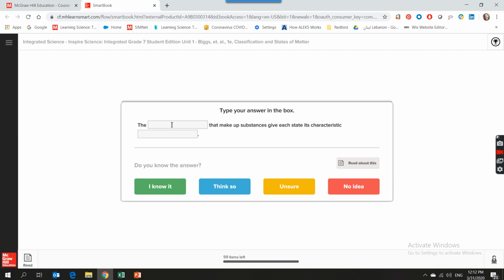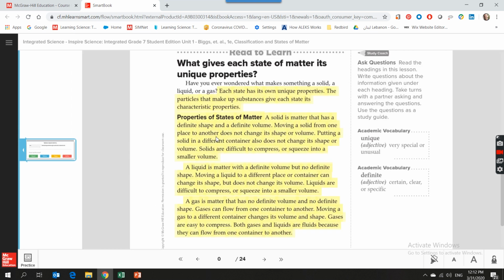So it will keep on asking the kids successive questions and measure the level of fluency or the level of confidence they have. At a point where they don't know, it can take them to read about it. So it will highlight the section in the book to read, or it may recommend